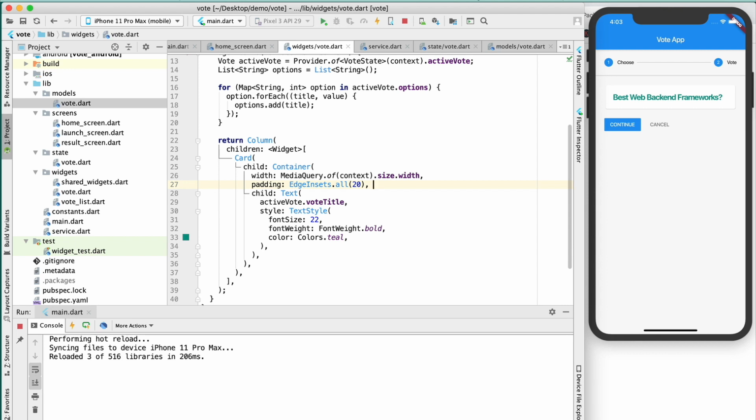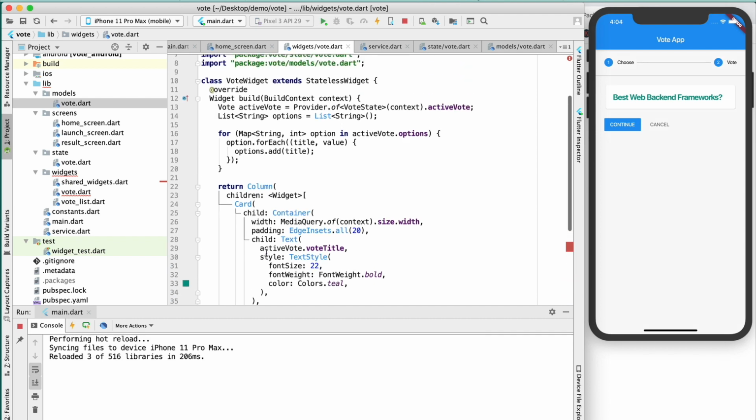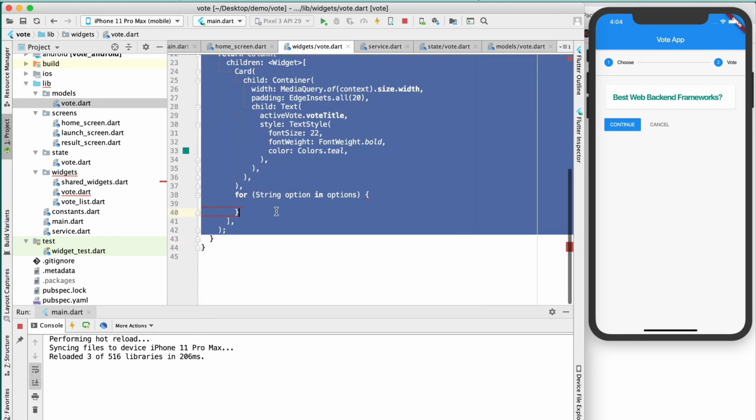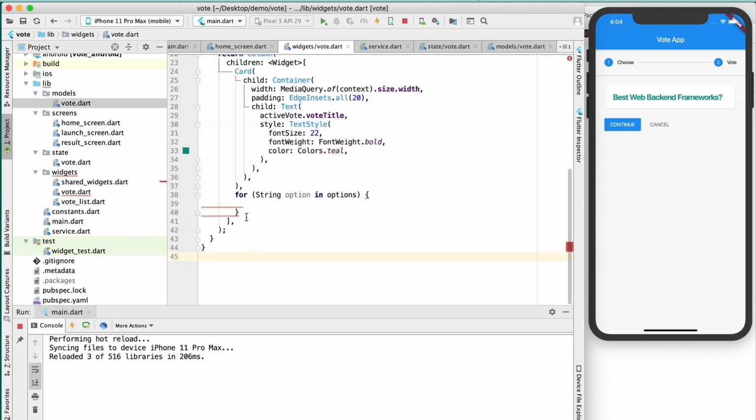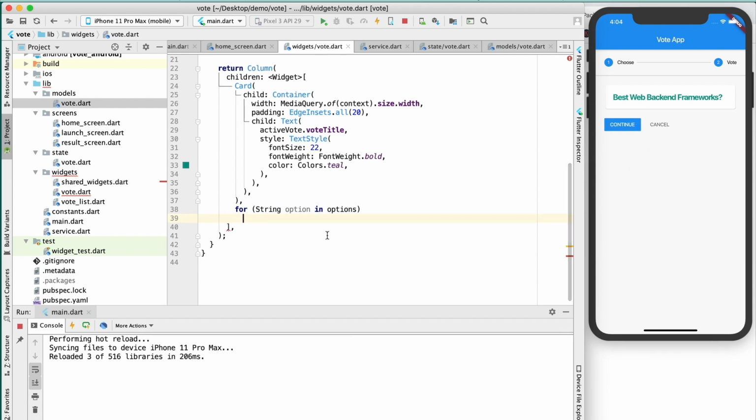Let's create the options here. So here, after the card, we want to write another loop for String option in options. This option we basically define in here. Okay, and when you are writing a for loop in a widget, you cannot use curly braces. That's the rule. I mistakenly wrote a curly brace, so I have to remove that. Since we are using a loop, we want every option to be in a card. So let's define a card